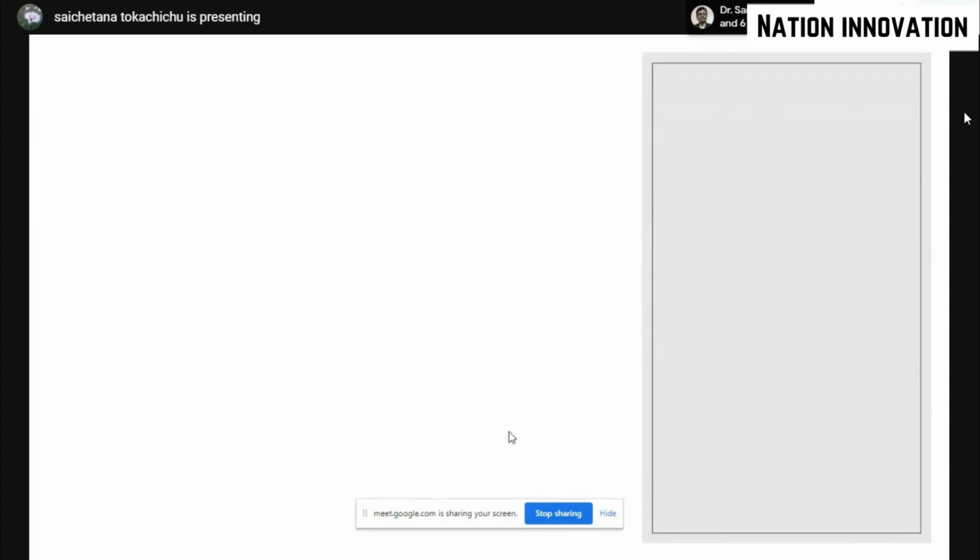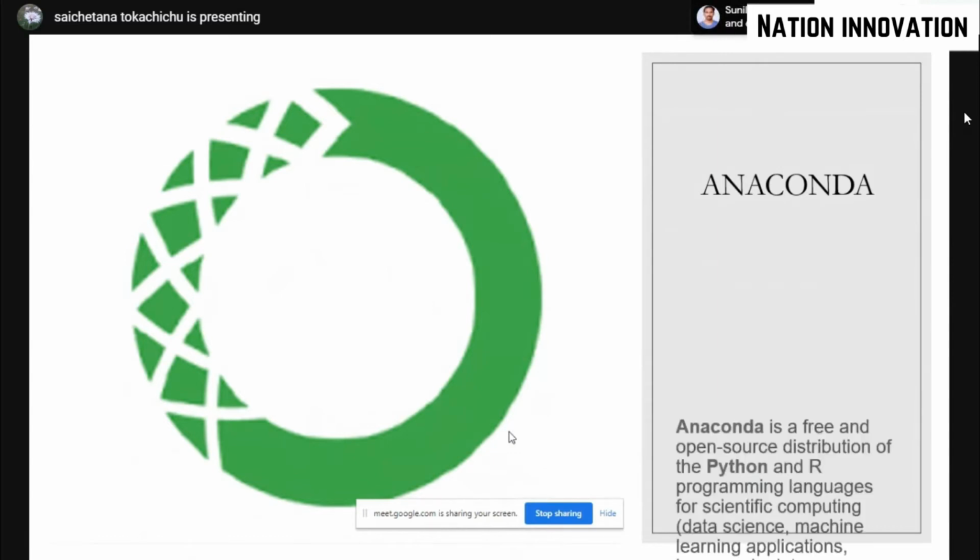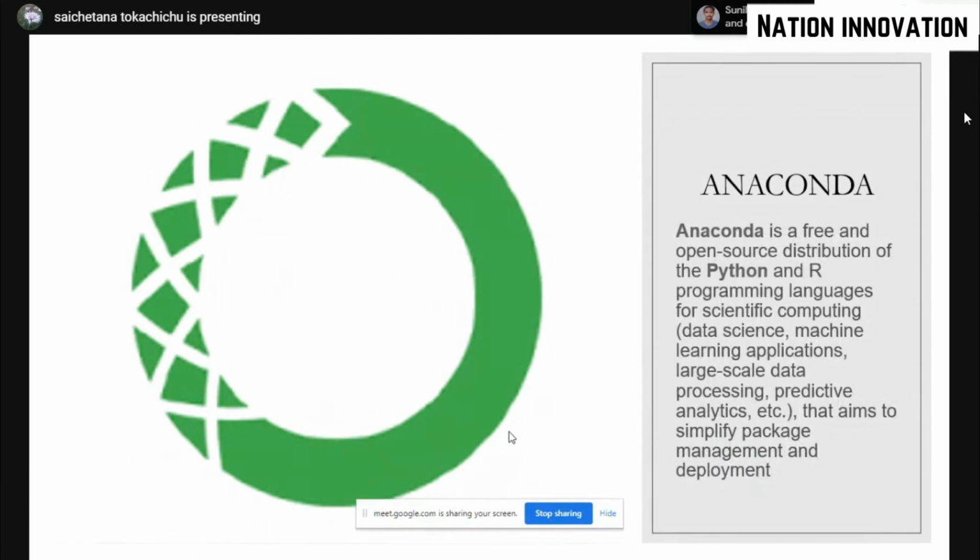So for data science, you can go into the Python IDE, but we prefer using Anaconda. So why do we not go for the Python IDE and go for Anaconda? The reason is very simple. For data science, we require certain packages, right? All those packages are easily available, ready-made, in Anaconda. It's hassle-free when you're dealing with different kinds of packages: installing them, managing them, deploying them. All this is handled single-handedly by Anaconda, and it is a free and open source distribution of programming languages. So that's why we prefer Anaconda.